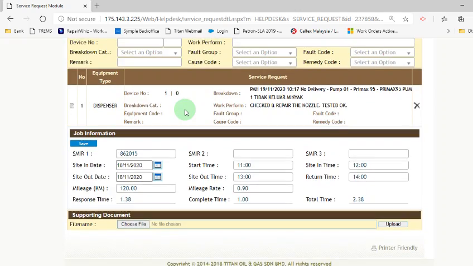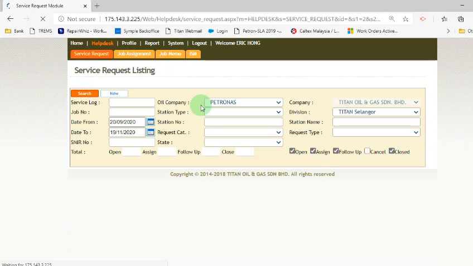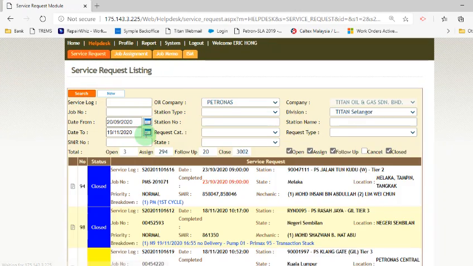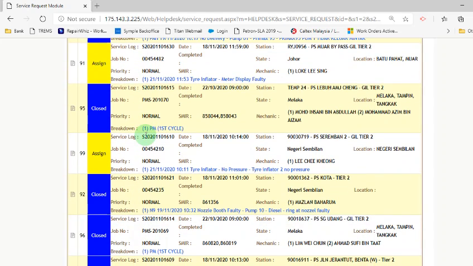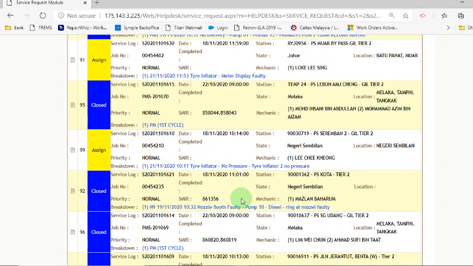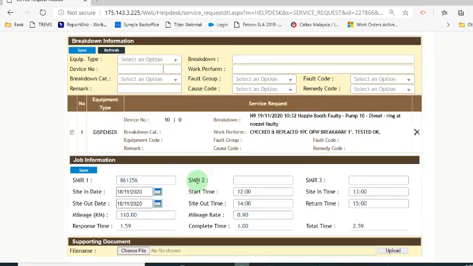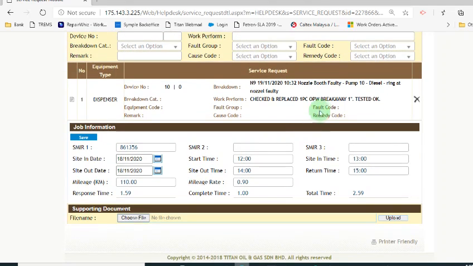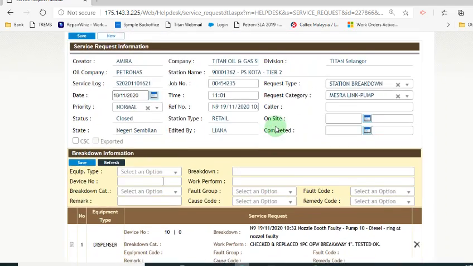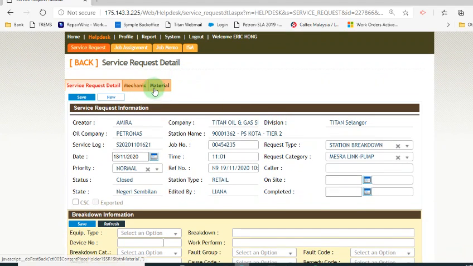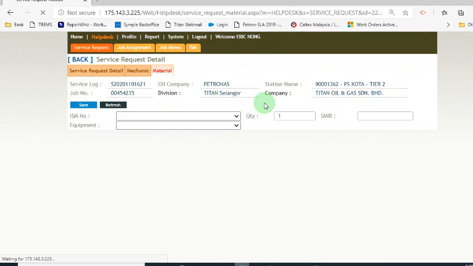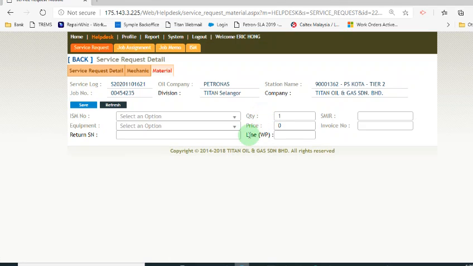This is the same case just now, sorry. Tying inflator, nozzle booth. Let's check this one. Check and replace one piece of OPW breakaway. So how do you see whether they have actually used any materials? You could click on that and